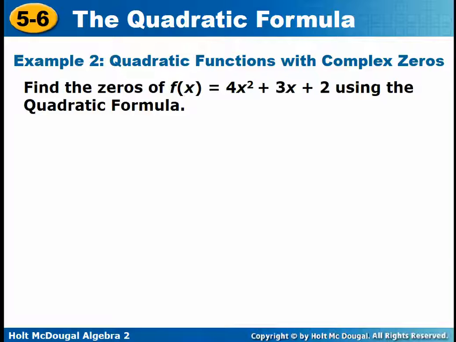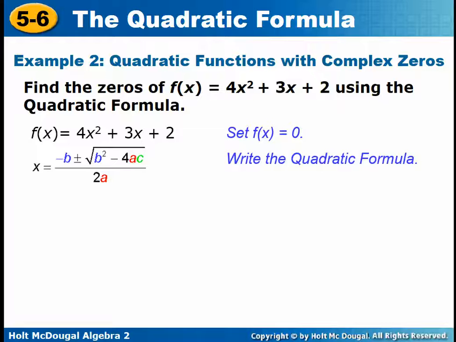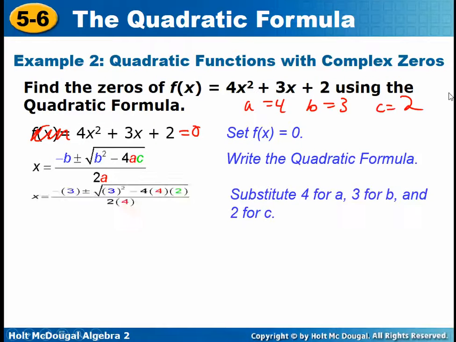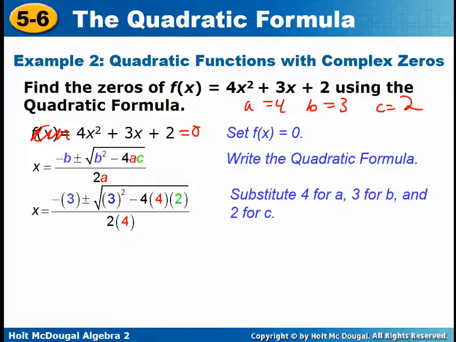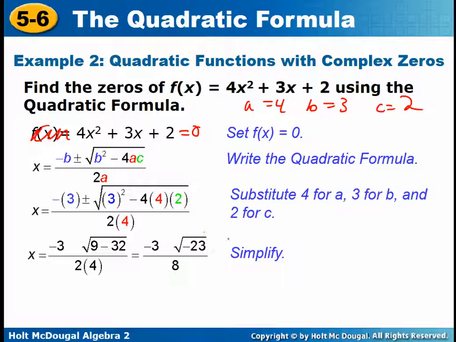Here's another example, and in this example, you'll see that we might get a negative inside the radical. So we set it equal to 0, and then we pick the a, b, and c. So a is 4, b is 3, c is 2. So in the formula, we just do the same thing as we've done before, replace each variable with what it is equal to, except this time, when we do that, we get a negative 23 inside the radical,